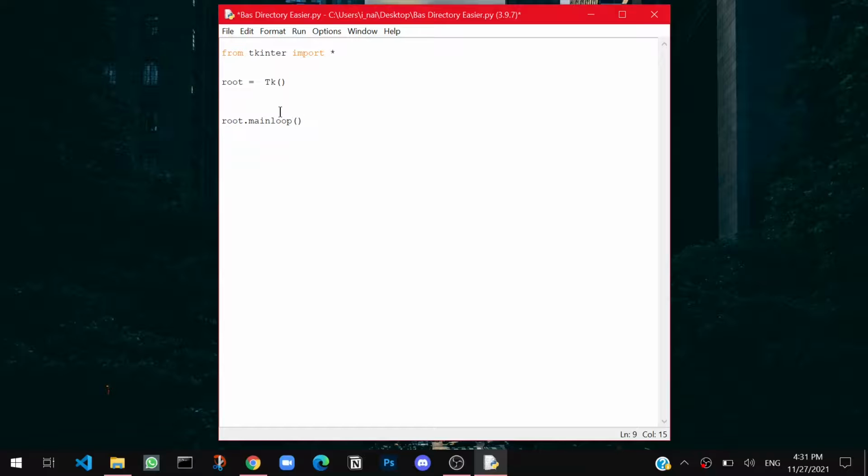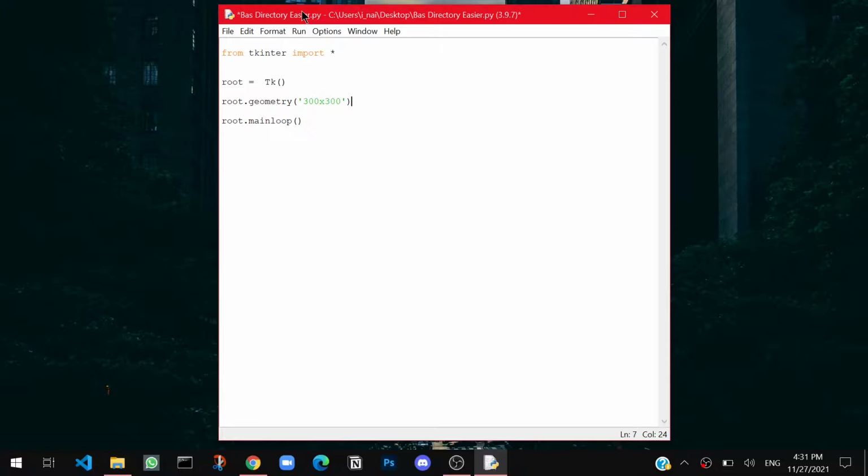Okay, so now we want to open the app, right? For opening the app, you need to define a size for it. For example, this app which is open here, you can see it has a window size, length, breadth, height, all that stuff. So you have to define that. You can type root.geometry, and then inside the brackets you can type it. For example, I want to make the window size 300 by 300. Then I can just close the code. So the root size or the window size will be 300 by 300.